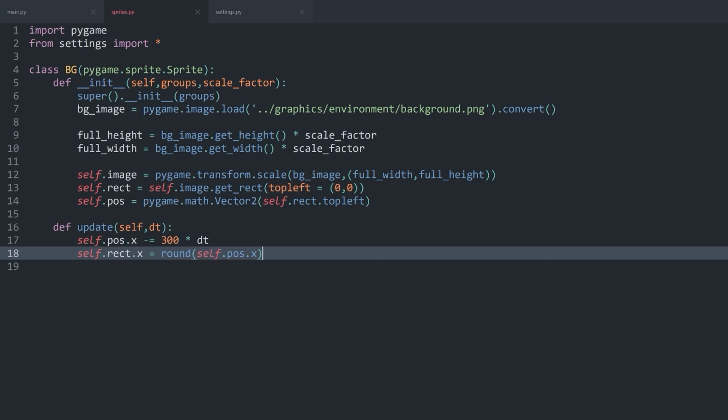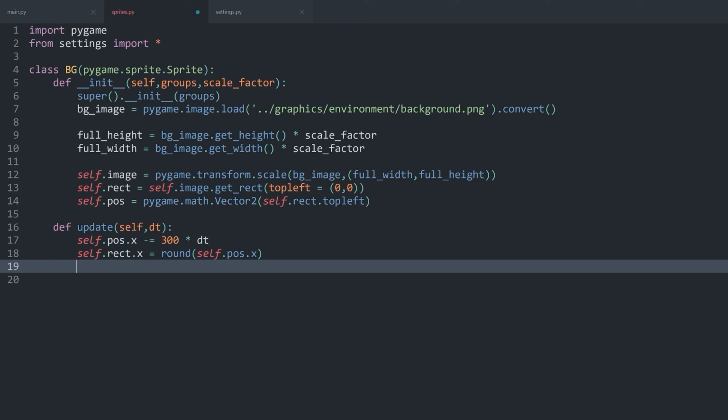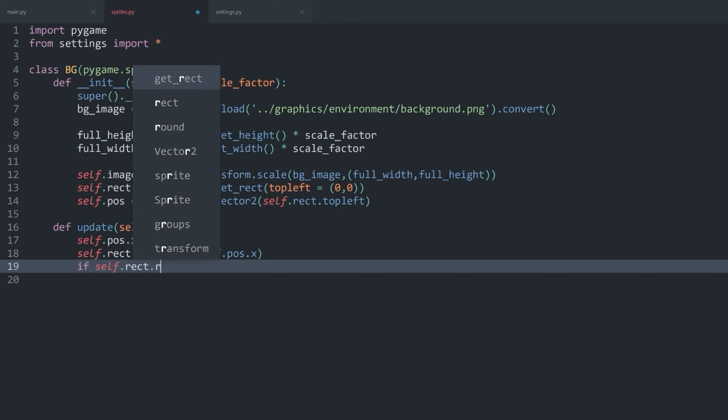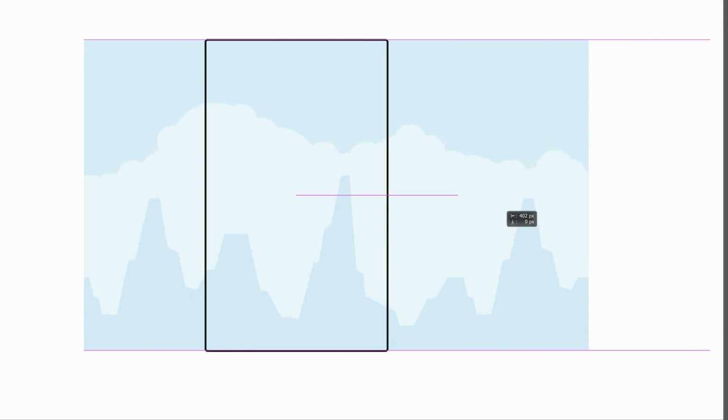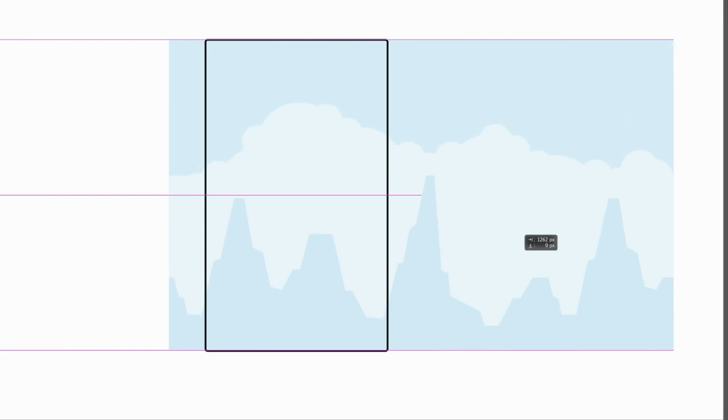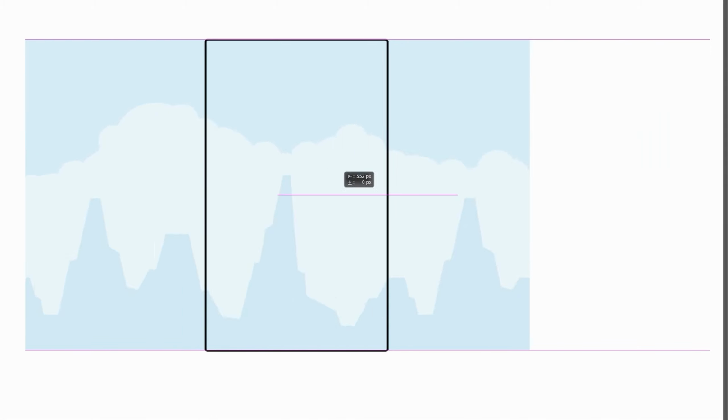And this is kind of easy to change. All I really want to do is if self.rect.right is smaller or equal to 0. Actually, let's look at this in Photoshop. So here you can see the entire thing again. And what we're doing right now is once this background is here, I want to set it back to this position here. So in the if statement, we are essentially checking if we are on this position,